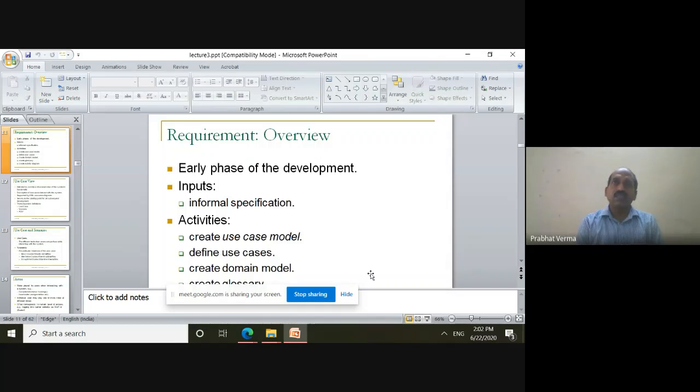In the starting phases, the requirement gathering or analysis phase, it assists us to gather the user's requirements and gives a pictorial view of the functional requirements in a very nice way.